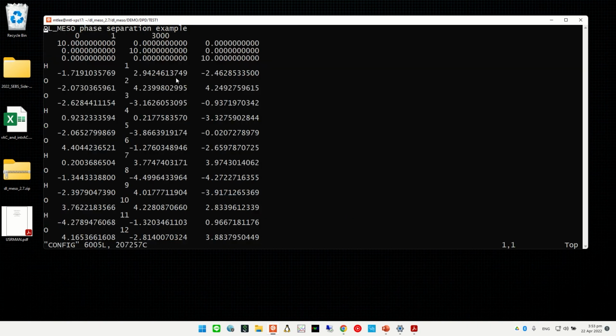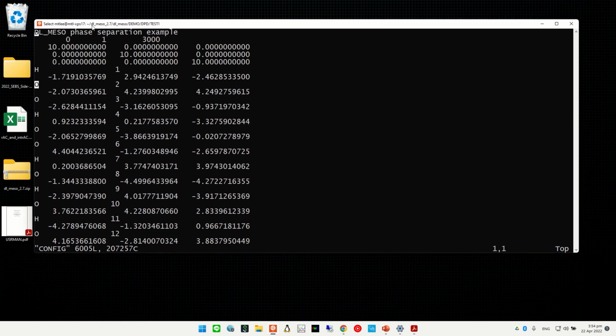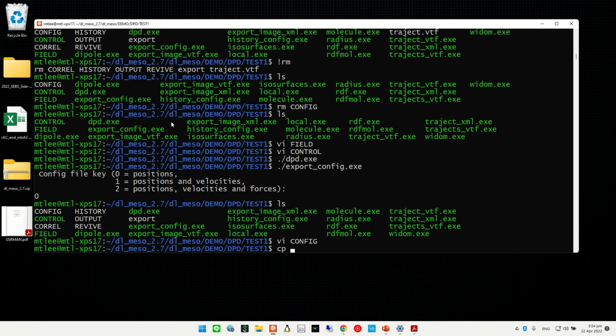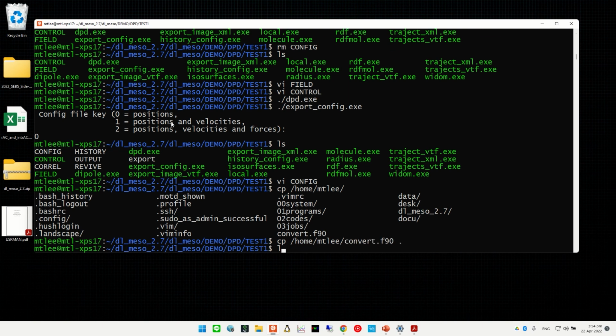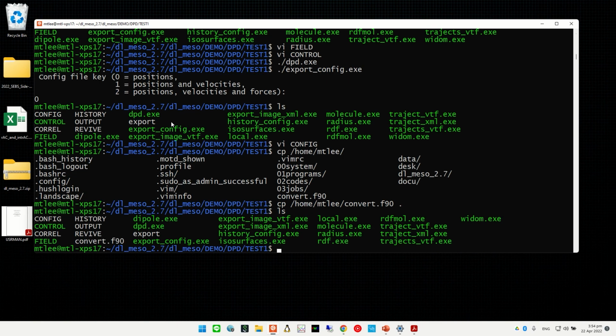This is the same as the previous one. The only difference is that this is much simpler, with one character names, so it's easier to handle. And I'm going to copy the program I wrote here. This is a program called convert.f90, which converts the config file to another config file with the spherical assignment, only for this case. Let's open it up and see what is happening.